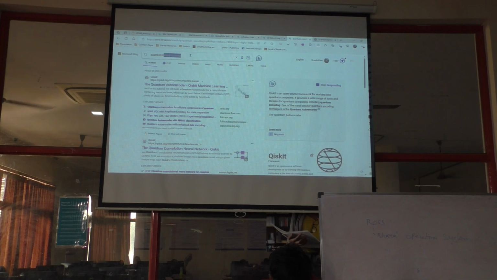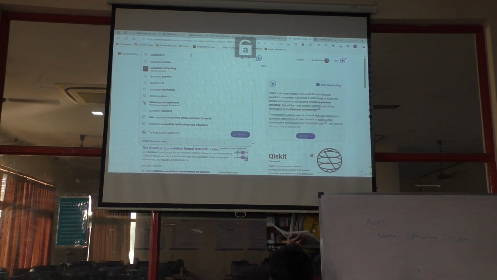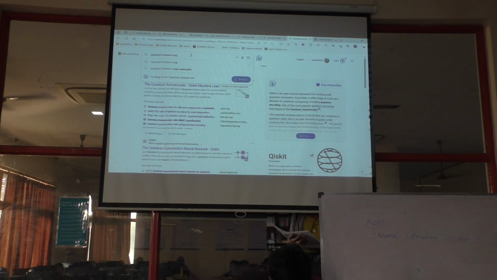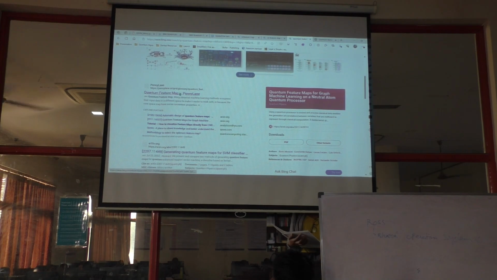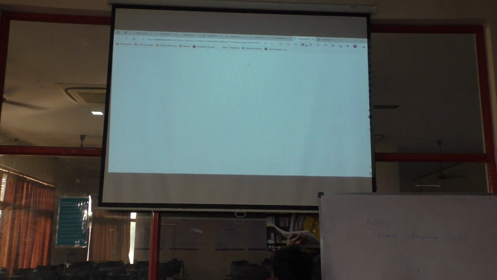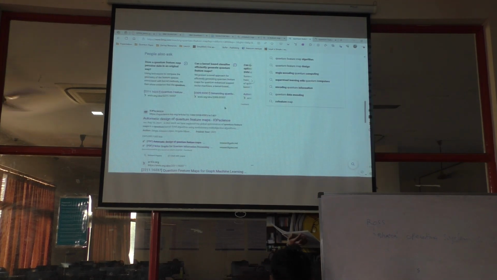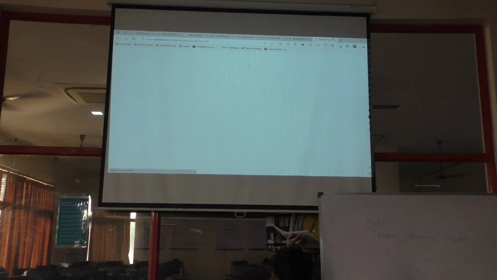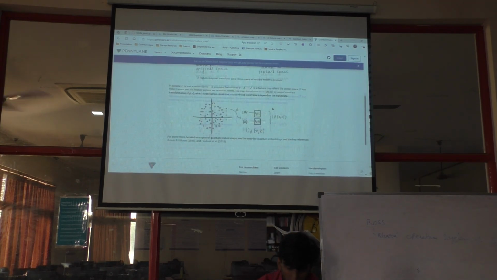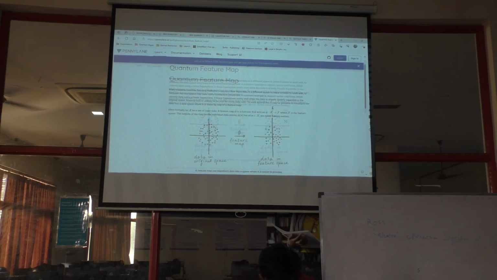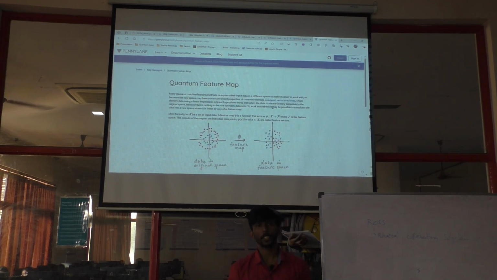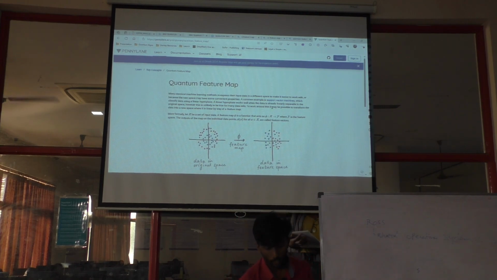Quantum feature maps. So IBM had a very nice write-up on quantum feature map. PennyLane is from a quantum computing startup called Xanadu. So they are a Canadian-based company. So they have developed PennyLane.